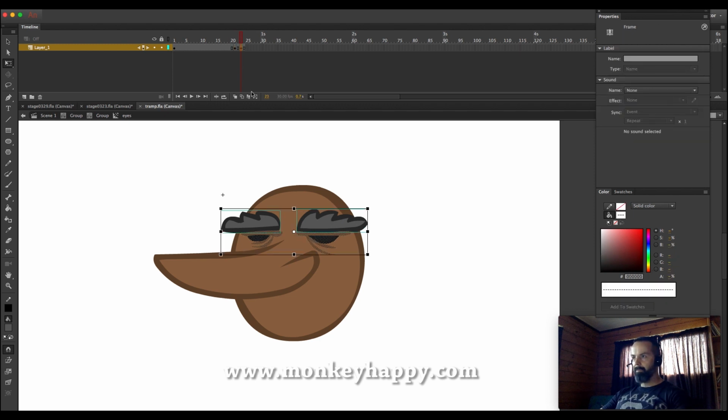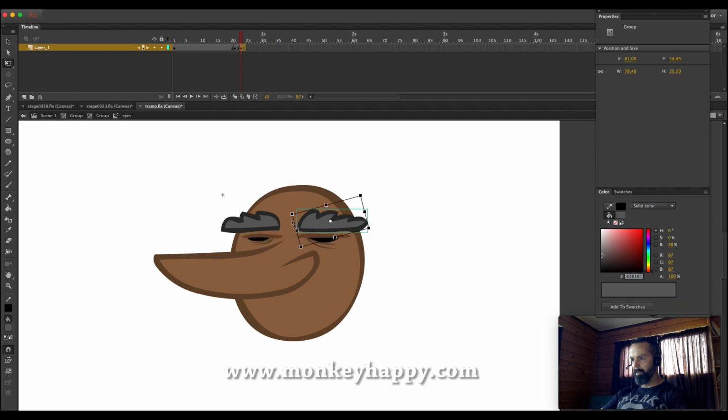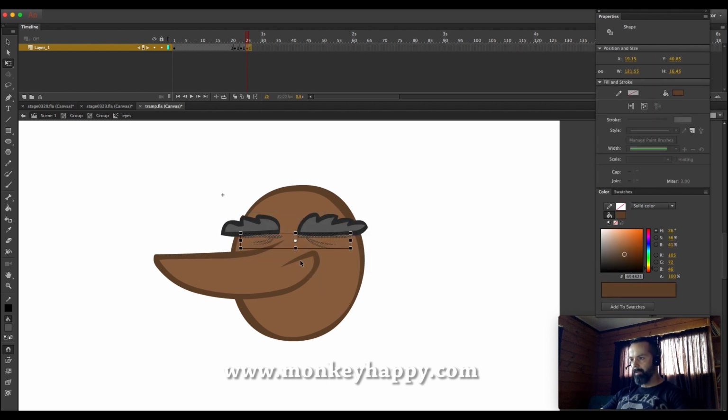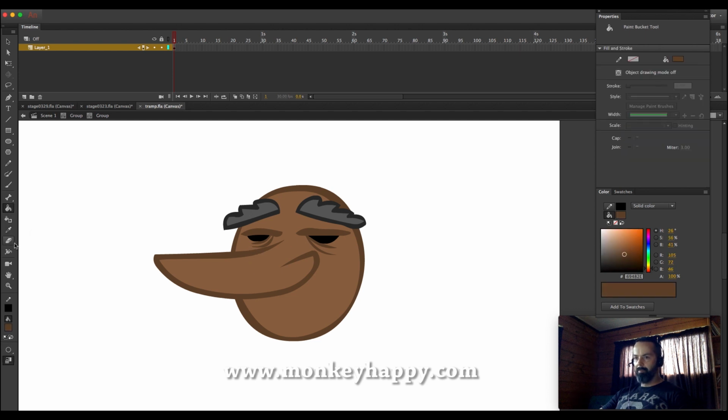Then I'll do another keyframe, and on here I'll just select the eyes and I'll squash them down, and I'll squash it even further. And on the third blink frame I'll get rid of these altogether and see how that looks. Then I'll choose the loop playback option so I can test it, and that looks kind of good. Let's save again. Then we pick the color of the eyebrows again, and we start drawing the little bushy